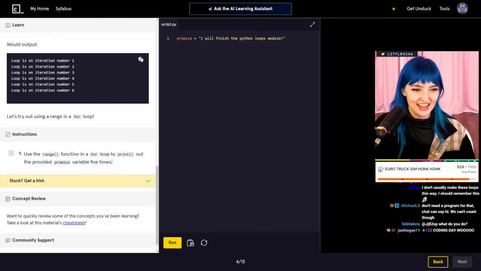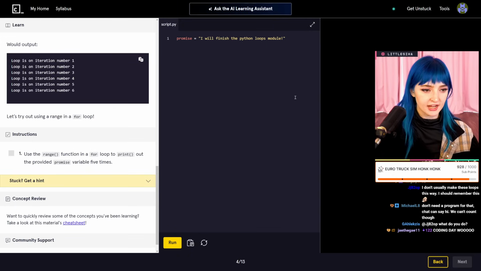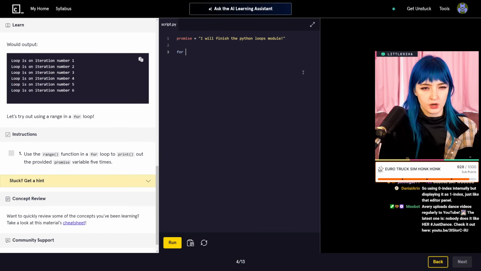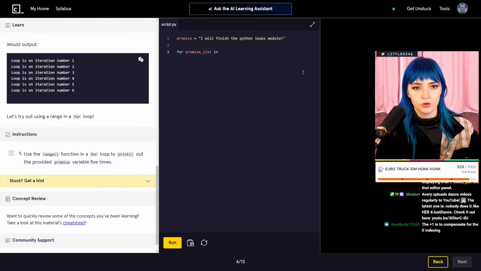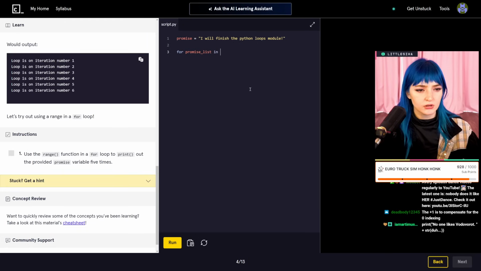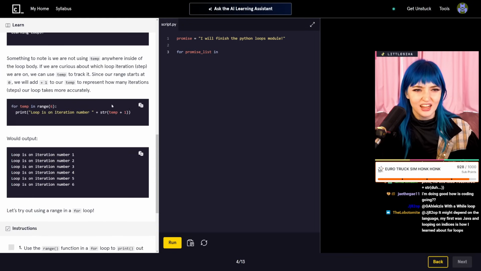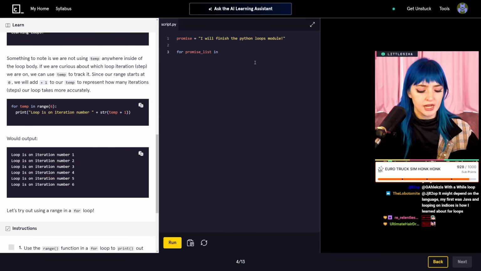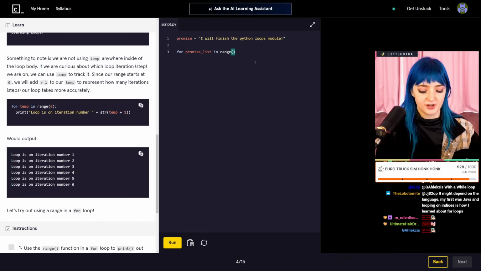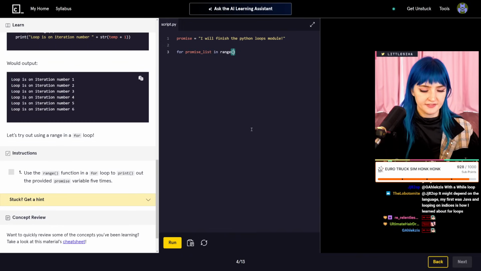How you doing? Okay, let's try out using range in a for loop. Use the range function in a for loop to print out the provided promise variable 5 times. Okay, so that would be for promise list in promise. Oh wait, no. Wait, but how? Because the range has to be its own. Wait, what? So this is supposed to be a temporary variable, no? For temp in range. So I have to print this manually. I can't refer to promise. To print it 5 times. So range 5,